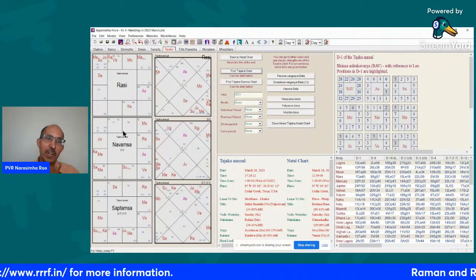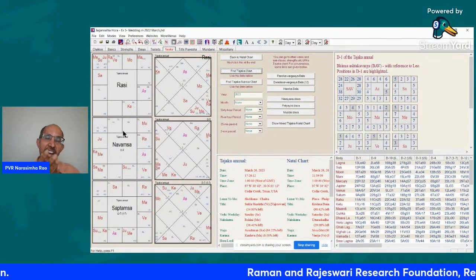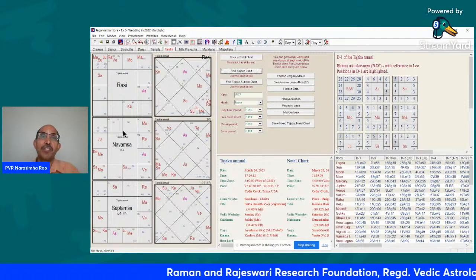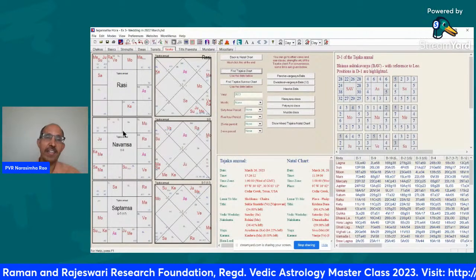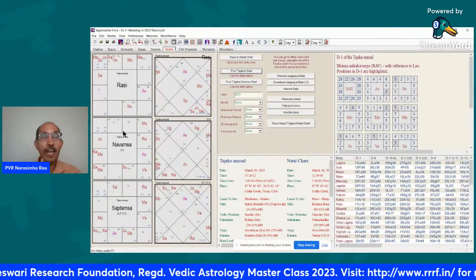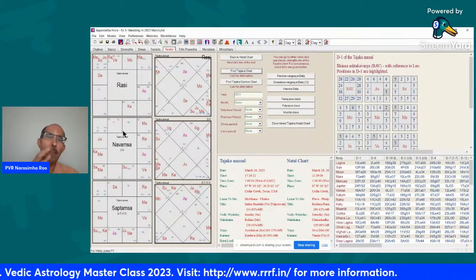So for all you know, the next year's Tajaka Tithi charts may be very positive, and if they had just hung in there, maybe the marriage would have survived. So you can't predict divorce just based on the annual charts. But if you see a combination like this, tell them to be careful and patient during the year.